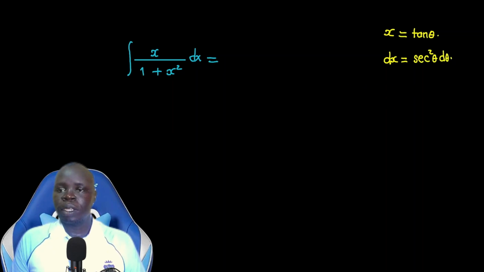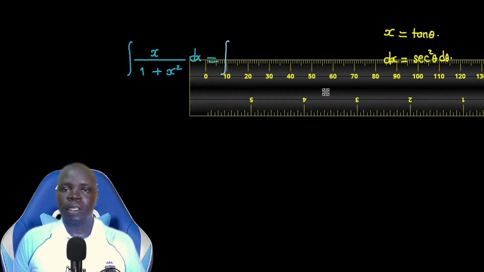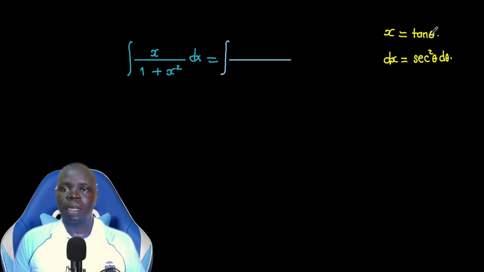We also do the same substitution as before here, and we have our integral of the numerator is an x, so we can replace that x with tan theta. So here we have tan theta,